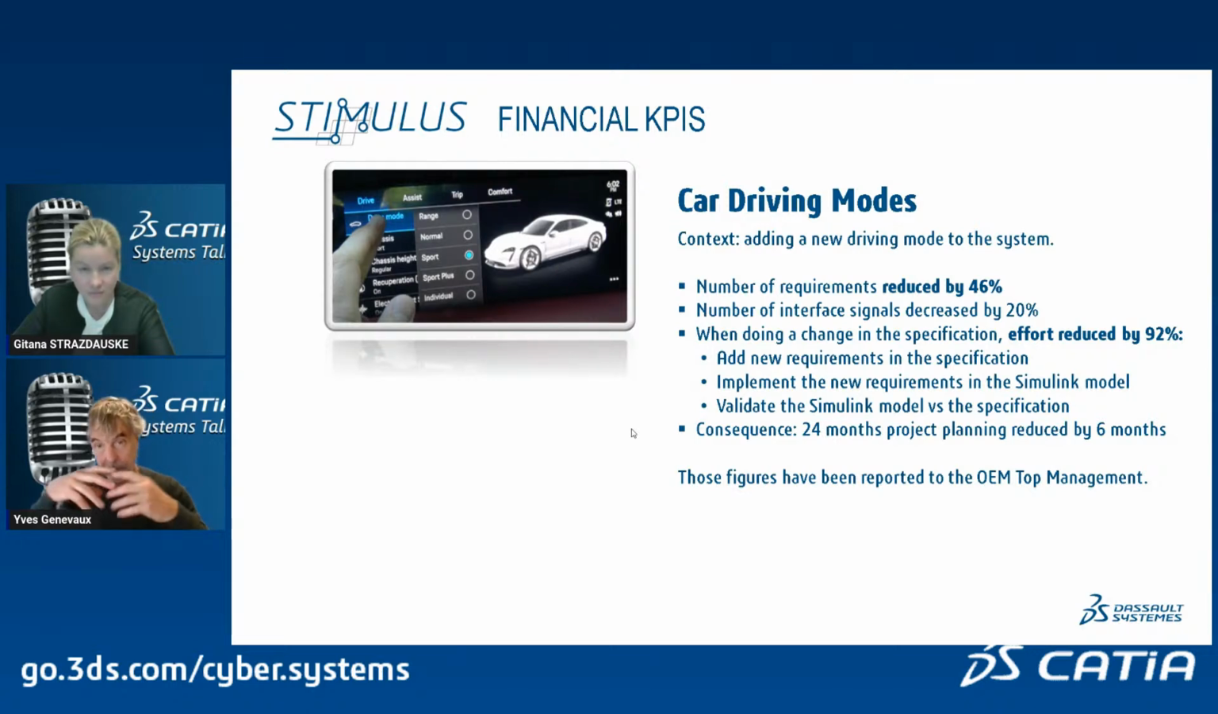maker. So they made a Stimulus model on a function which defined the driving modes, you know, sports and comfort and all that stuff, in Stimulus, implemented with Simulink in that instance. And what they said first is the number of requirements was divided by 2. So it divides all the rest of the implementation by at least 2, if not more for the validation activities,